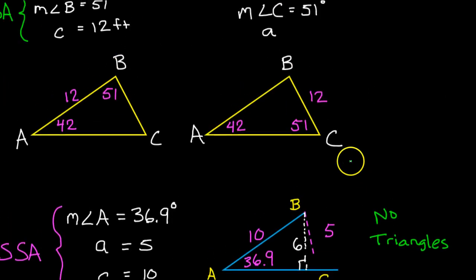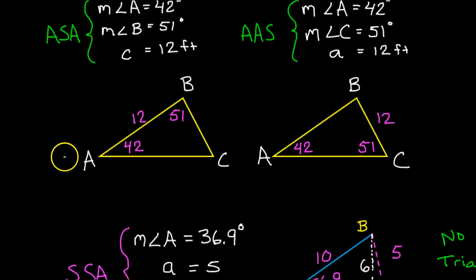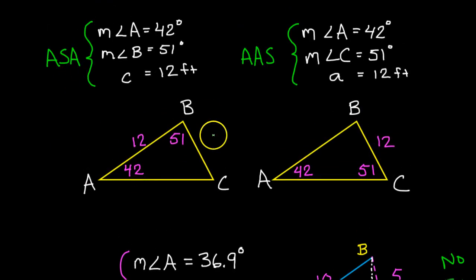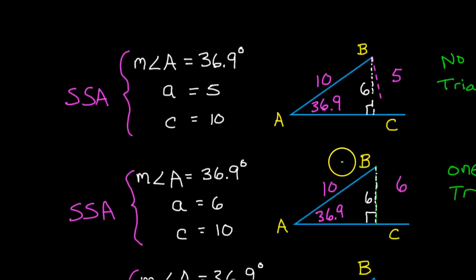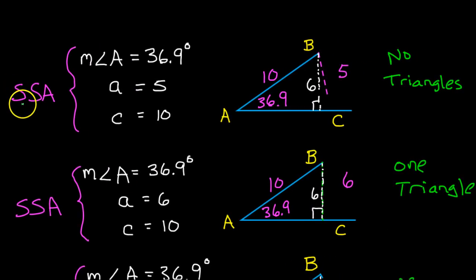So if you see that you're dealing with angle, side, angle, that will not be ambiguous. Angle, side, angle only forms one type of triangle. You can make a triangle and it looks like this. If you see angle, angle, side, there's only one possibility. It's just going to look just like this. The only time you have to worry about all of these different possibilities is when you have side, side, angle. Only side, side, angle is the ambiguous case because this last side, the swinging side,